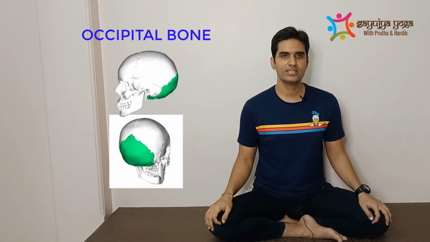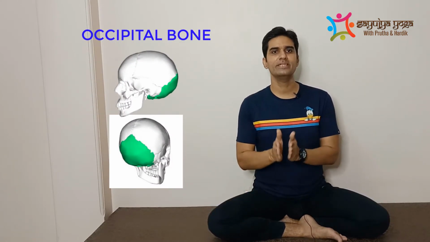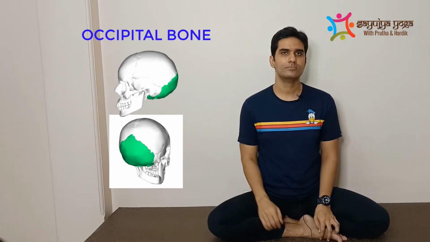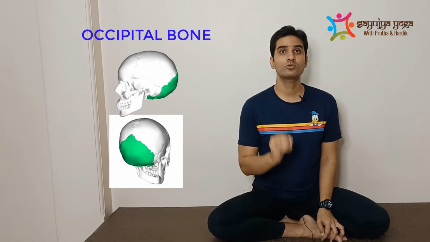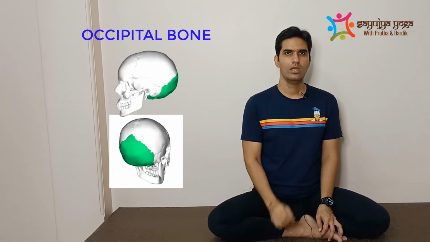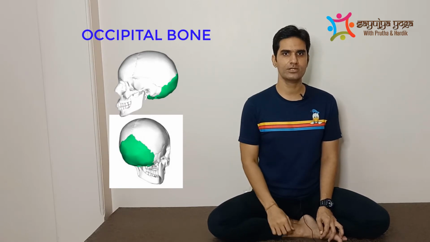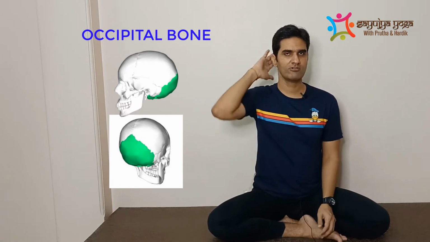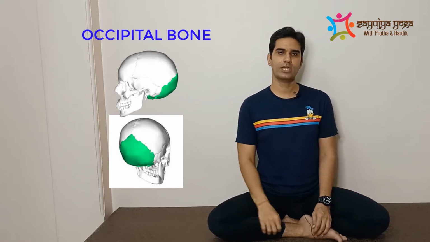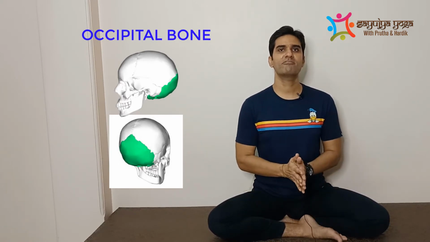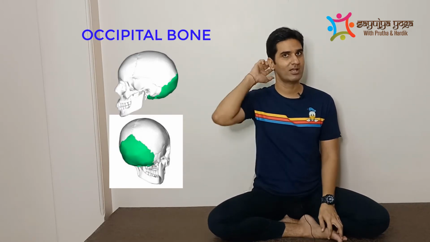So let's move to the next bone, occipital bone. The word occipital literally means back of the head. It covers the occipital lobe of the brain, which processes visual images. It doesn't make sense to a lot of people that our eyes are in front, yet the part of the brain that processes visual images is located in the back of the head. But it makes perfect sense to me because I also happen to have eyes on the back of my head.